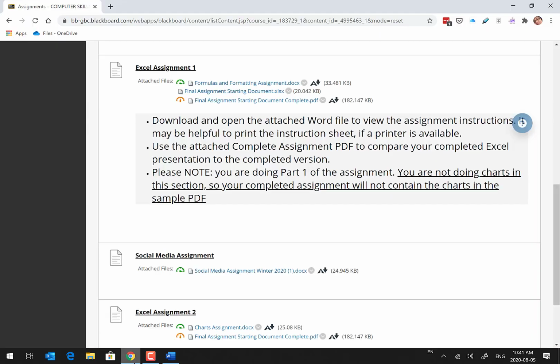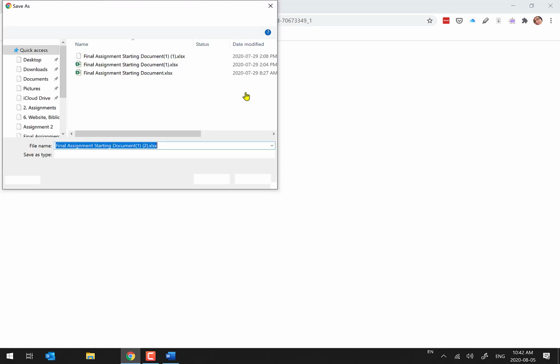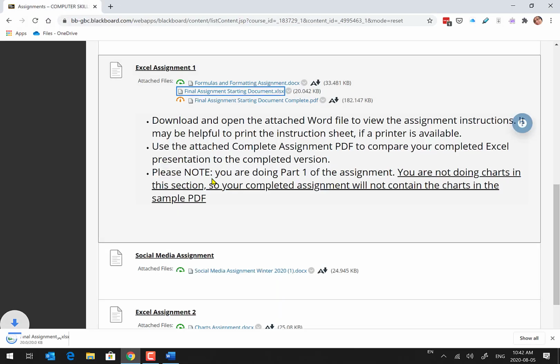And I'm going to go back to Chrome, and now I'm going to download the starting document. This is the starting Excel file. That one's going to download. It's saved to your computer. Next thing you need to do is leave Blackboard open, go to OneDrive,